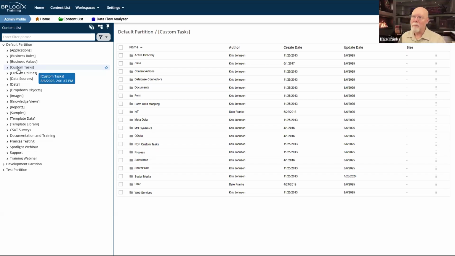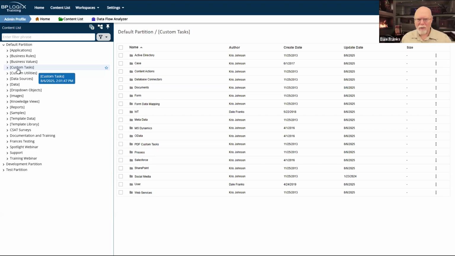Generally, changes to the product don't really affect the custom tasks at all. That's not completely true. There have been times, I believe, any of the 6.1.300 versions required an update to the custom task because we changed some stuff in the background in the product. So some of the calls that a few of the custom tasks made no longer worked. So if you are going to upgrade the product, it's probably a good idea to upgrade the custom tasks as well. If you're not going to upgrade the product, it's also a good idea to periodically upgrade the custom tasks.